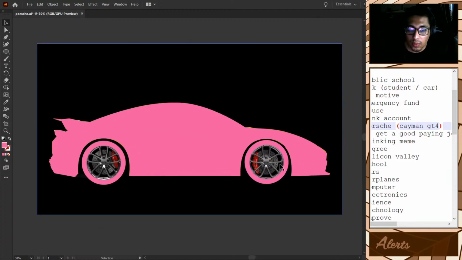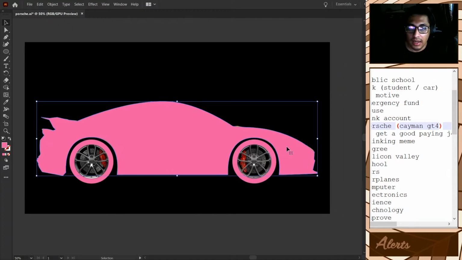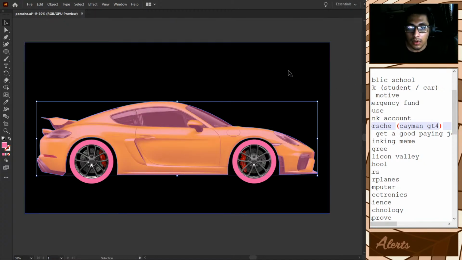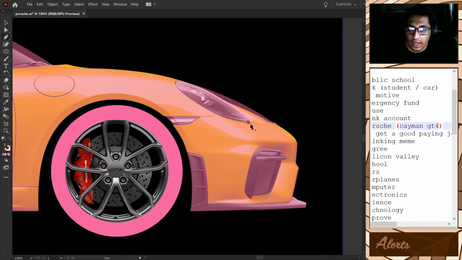Now, for most sports cars, this shape right here is not going to be perfectly symmetrical. So what we want to do is bring it down a little bit. Now, I want to lower the opacity, because I want to add some detail.